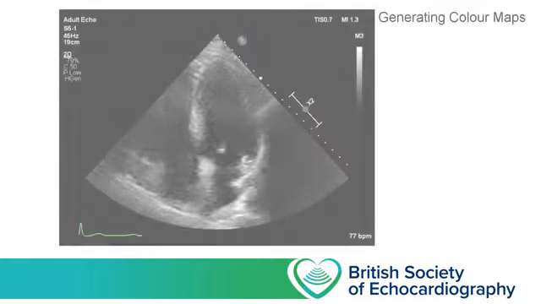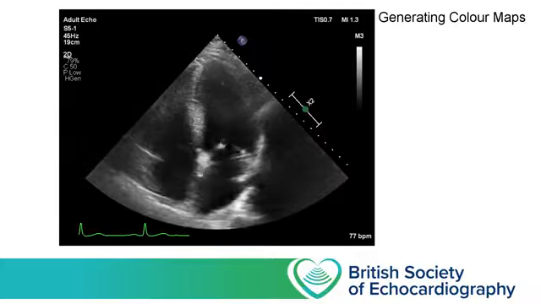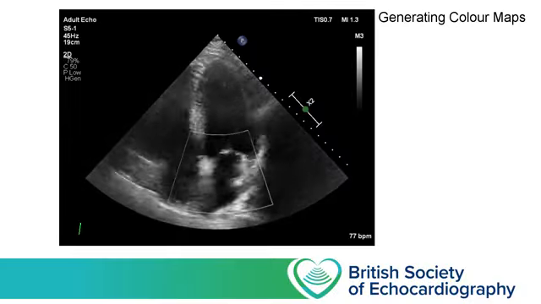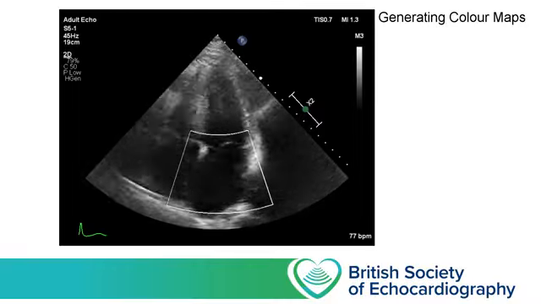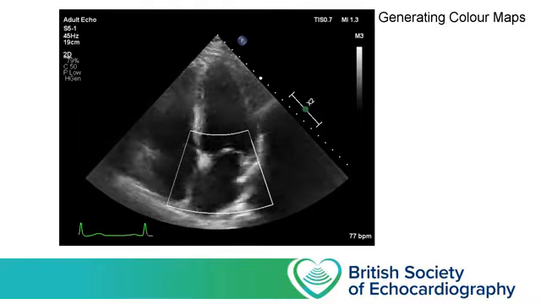Alright, so how can we use pulsed wave Doppler to generate a colour map? Let's start by going back to our apical 4-chamber view, and we're going to lay a box over this image which demarcates the area that we're interested in. And we're going to ask our ultrasound machine to overlay on top of our 2D grayscale image information about flow,